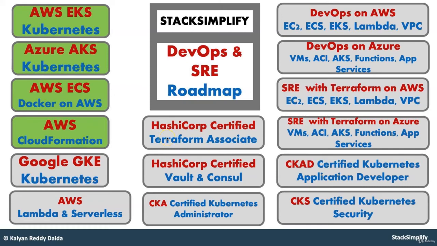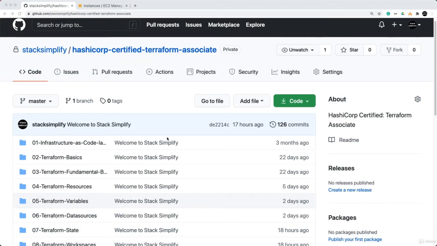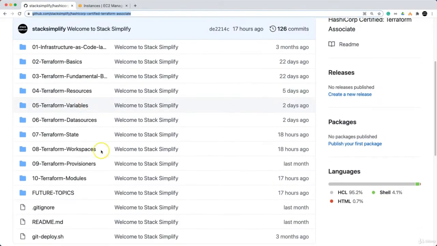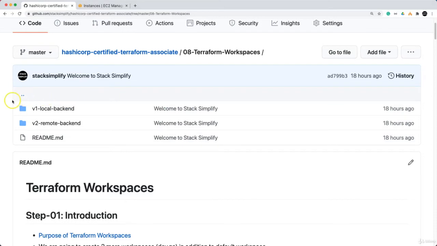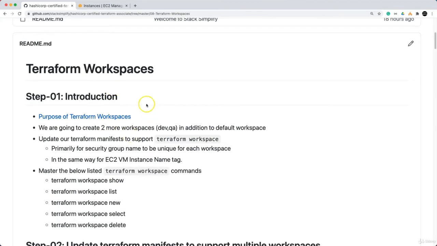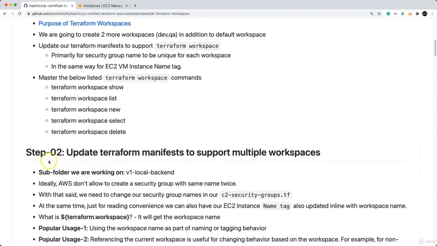Welcome back. In this lecture, we are going to implement Terraform workspaces using the local backend. So we are in the Stack Simplify HashiCorp Certified Terraform Associate GitHub repository, and we are entering into section 08, Terraform workspaces. As part of this, we are going to implement with the local backend and also the remote backend. And as part of the introductory part, we also learned what workspaces are and how they can be used. So now we are going to practically implement the workspaces from step 2